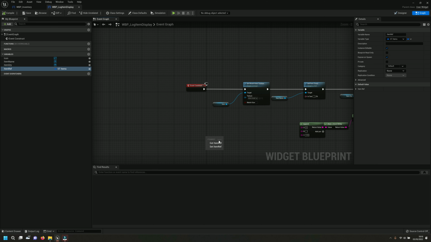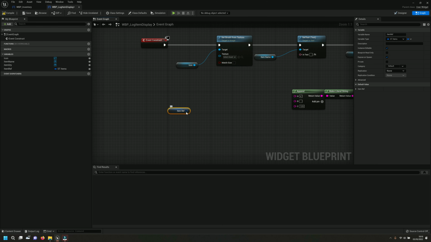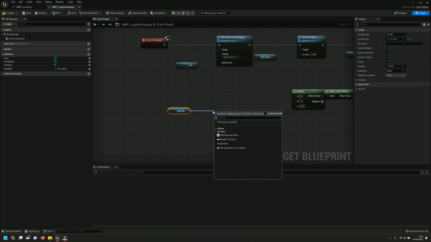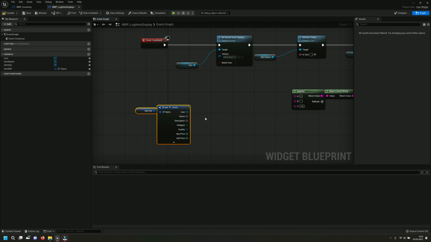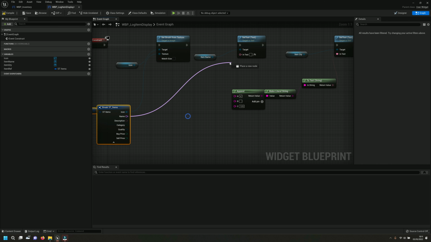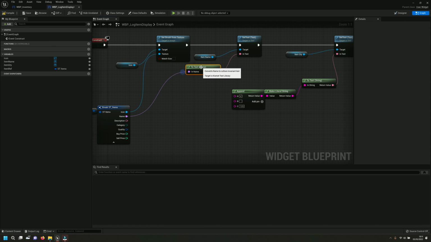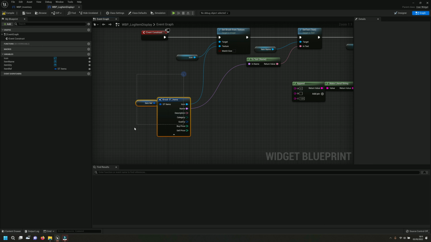I'm gonna drag and drop this guy here, and I am gonna call a node in there called break st items. If you click in this little arrow there, it displays all the possible variables we have. So the icon we wish to set up here is just that. The name is gonna be here, and the description, don't need that yet, and we don't have how many items